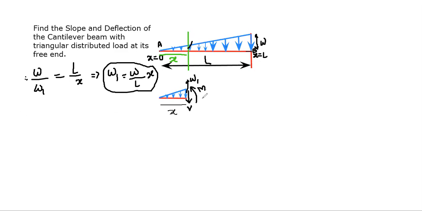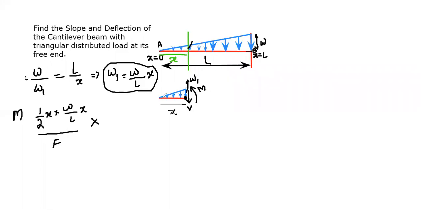In order to find the moment equation, let's start taking the moment of all the forces about this point. First of all, we have this moment M, and this moment is anti-clockwise. And there will be the moment because of this triangularly distributed force, whose magnitude will be half of base x multiplied by the perpendicular W1. W1 is equal to W by L into x, so it is W by L into x. This is the magnitude of the force. This is to be multiplied by